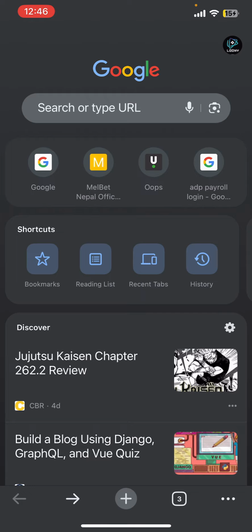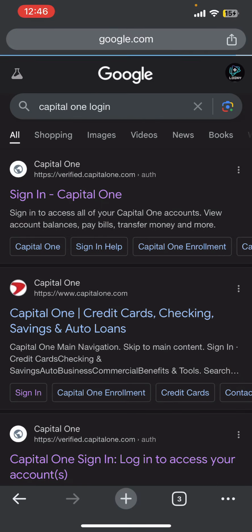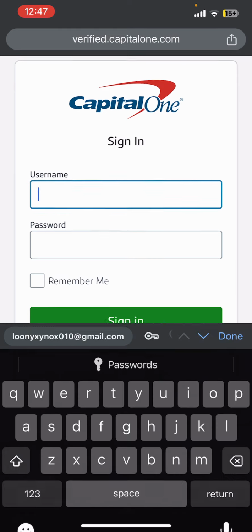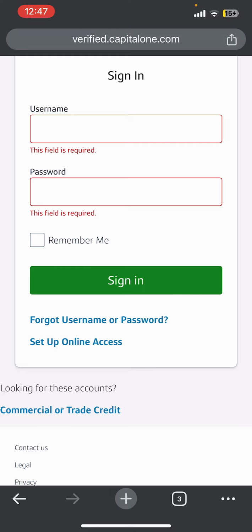First things first, I assume that you have already opened an internet browser, and now you need to search for the Capital One login in Google. Once you do that, you'll be able to see a link at the top of the screen, where you need to tap on that link, and you'll be redirected to the official Capital One login page, where you can see it is asking us for our username and our password. So once you complete your credentials, simply tap on sign in,